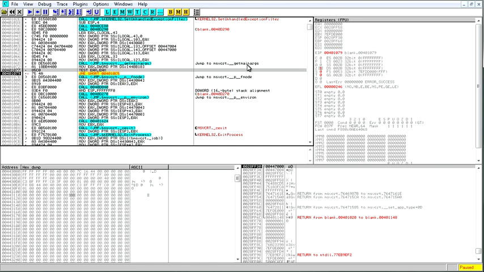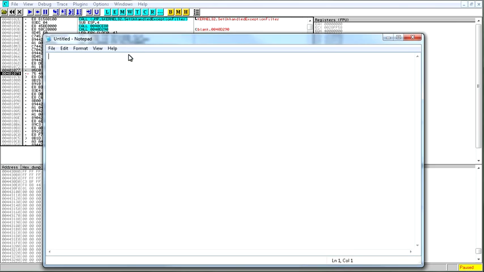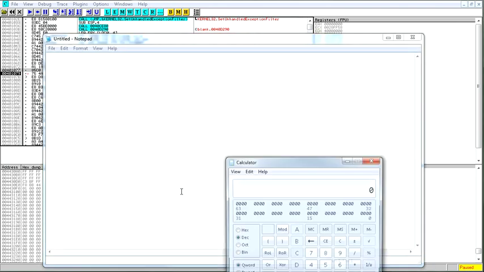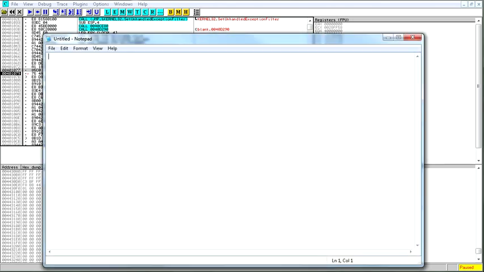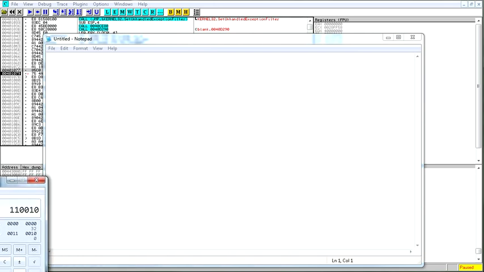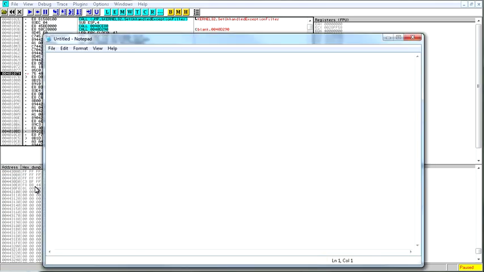The mathematical way of looking at that is, let's say we had a number in EAX that was represented by 32 in hex. In binary, that's 1 1 0 0 1 0.